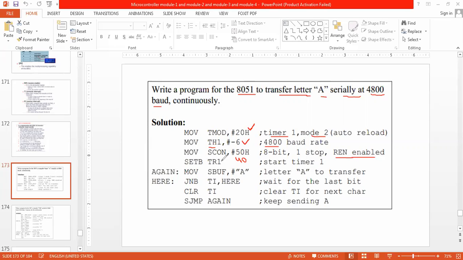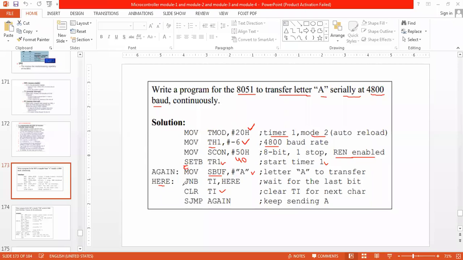Then set bit TR1 to start the timer. Now MOV SBUF, this step was here, it is okay, no problem. Now MOV SBUF, A: whichever data has to be sent is stored into SBUF.